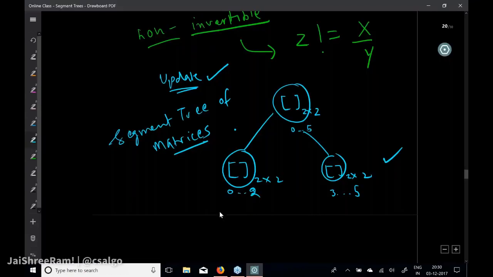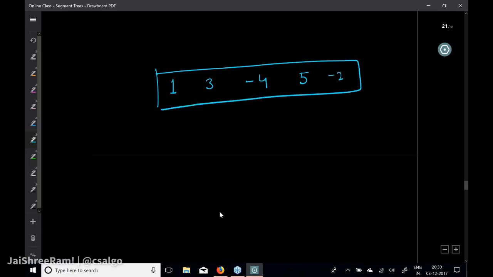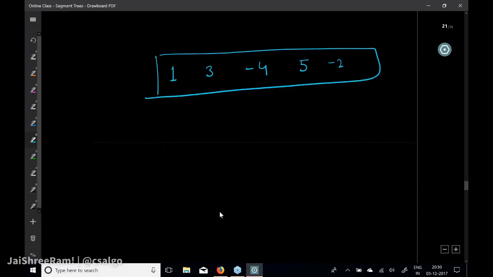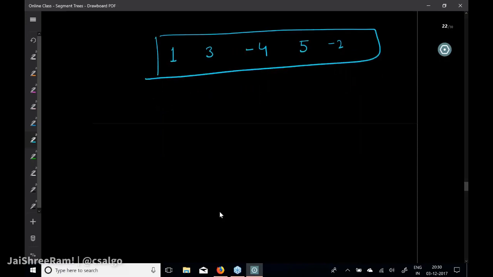चलो देखते हैं एक एग्जांपल के साथ कैसे इसको हम अप्रोच कर सकते हैं। सो लेट अस से हमारे पास एक एरे गिवन है। एरे में जो एलिमेंट्स हैं वो 1, 3, -4, 5, -2 ये एलिमेंट्स हैं। एंड यूजर ने कुछ क्वेरी किया है, एक एलिमेंट और डाल देते हैं यहाँ पे, चलो इतने रखते हैं। ठीक है, सो हम इतने ही एलिमेंट्स रख के चल रहे हैं।